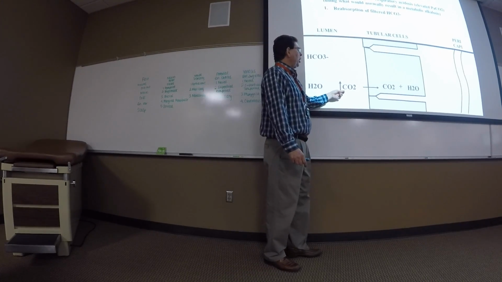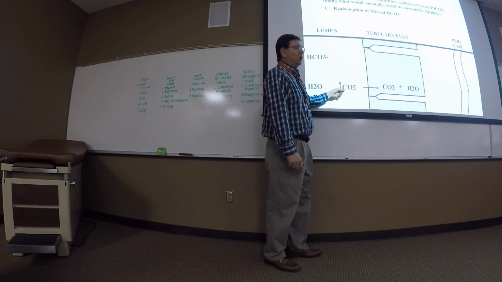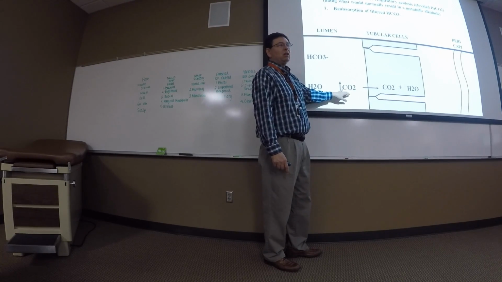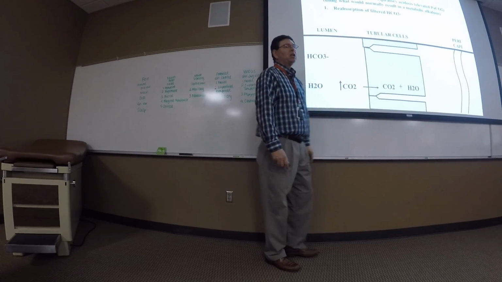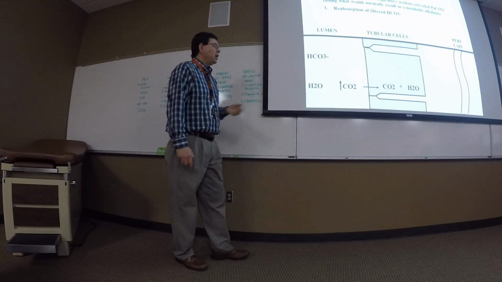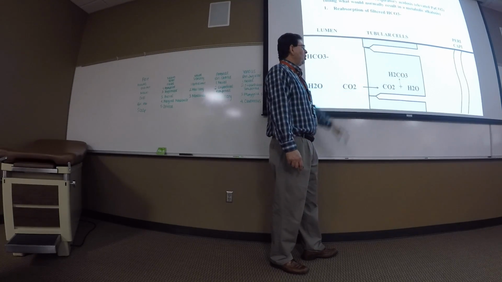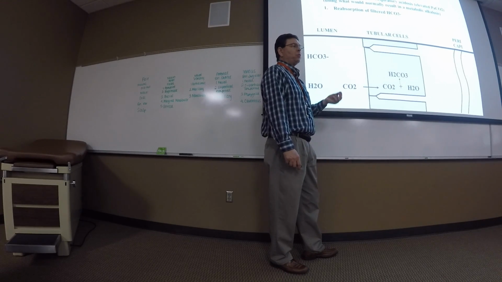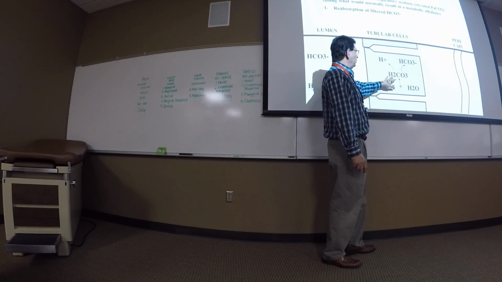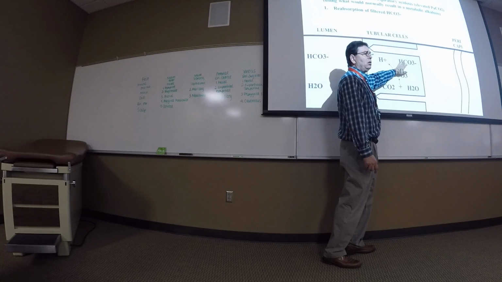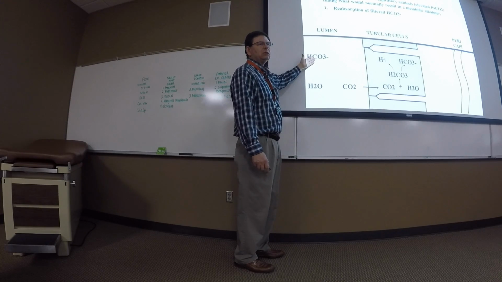But what was the primary problem? We have a respiratory acidosis. We have too much CO2 in the bloodstream. So guess what? There's elevated CO2 here in the fluid within the nephron. That elevated CO2 is going to kickstart this process. That CO2 is going to be able to come into the tubular cell. We have carbonic anhydrase inside cells in the proximal and distal tubule, and this carbonic acid will dissociate into a bicarbonate and a proton.